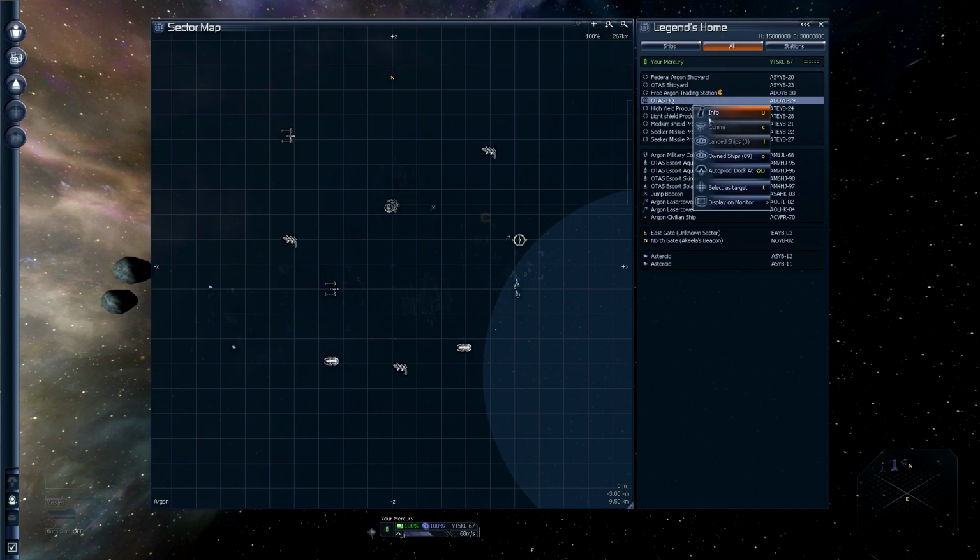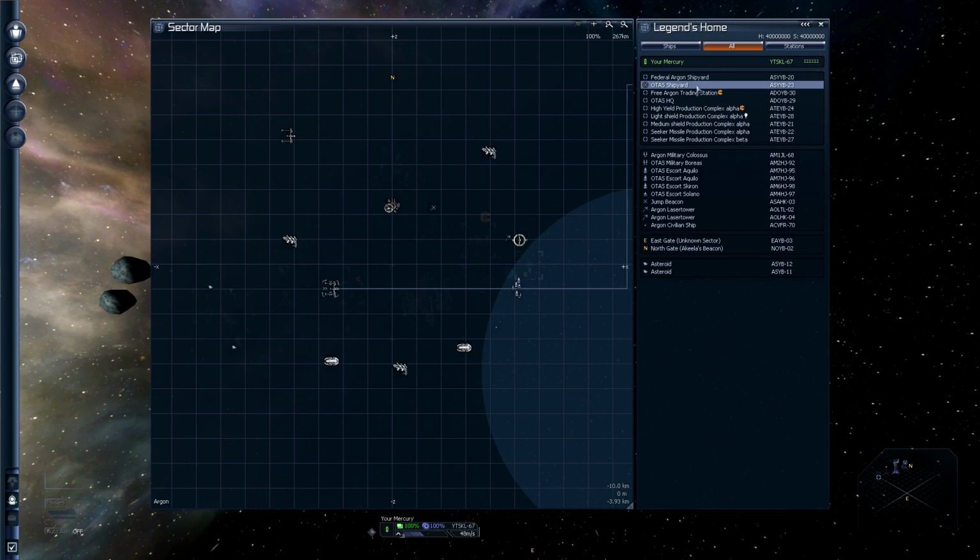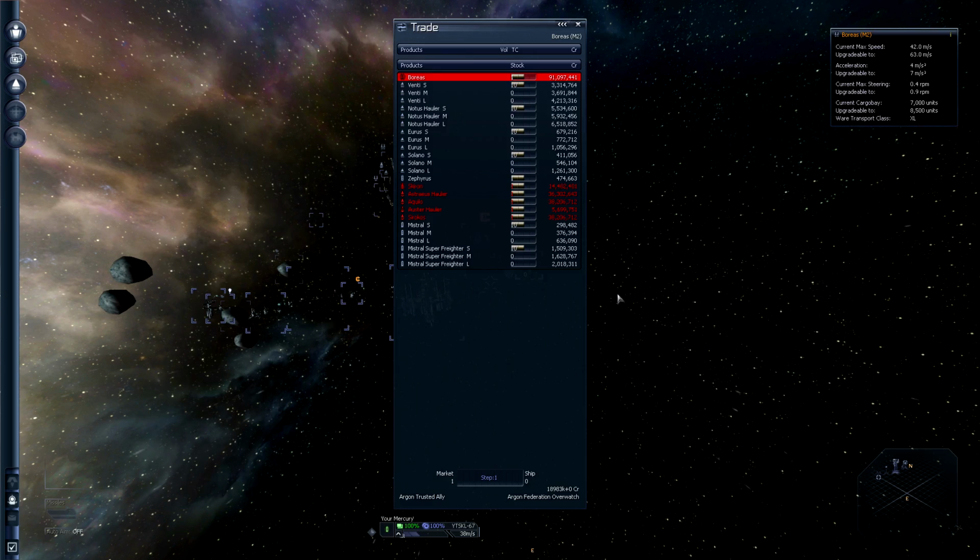Otas happens to make some interesting ships. Including the Mistral and the Mistral Super Freighter. The Super Freighter holds a ton of stuff. The Mistral also holds a ton of stuff, and it's fast. That's kind of cool. So we're just going to buy... oh, what the hell? Let's do...